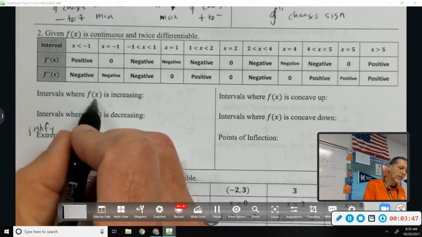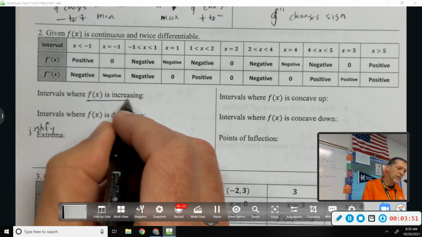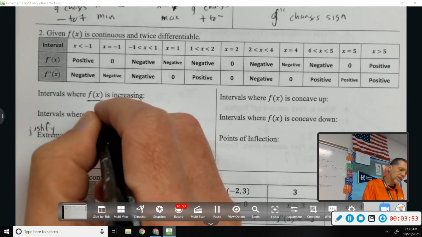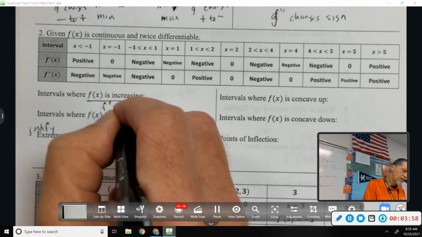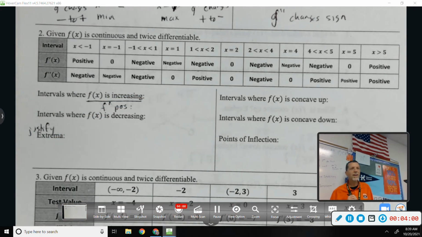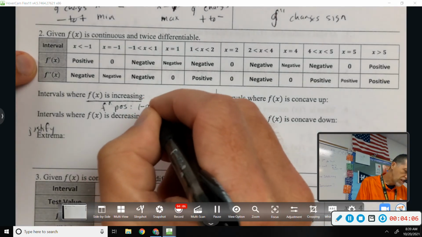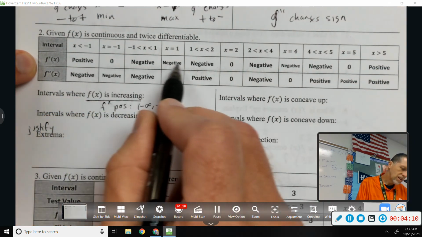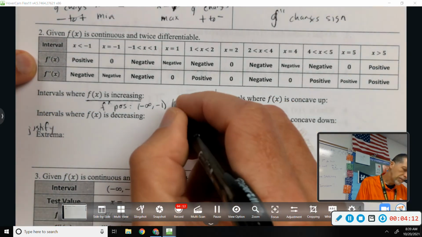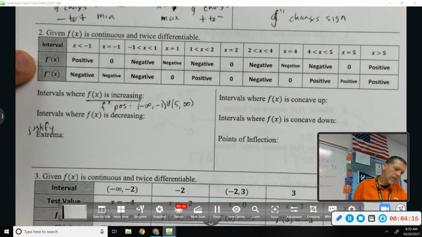Where is F increasing? So what am I looking for? If F is increasing, what's that mean? What's positive? So that's my Q. That's what I'm looking for. F prime is positive. From negative infinity to -1. Oh. I didn't realize when it said x like that, that's what